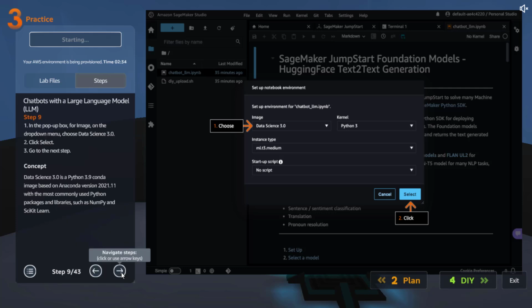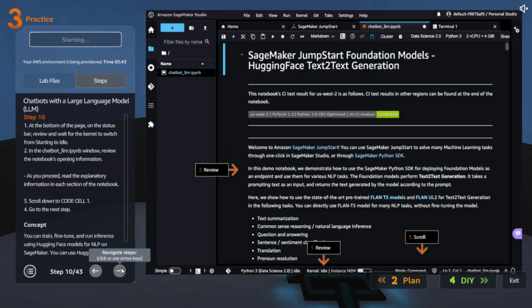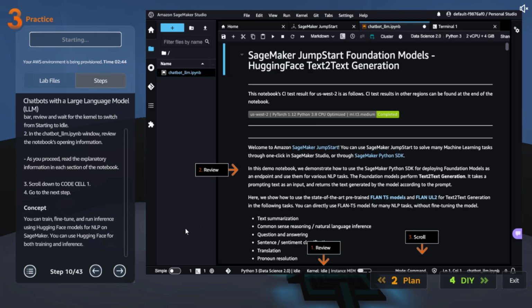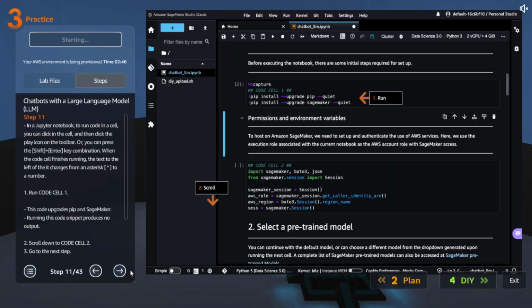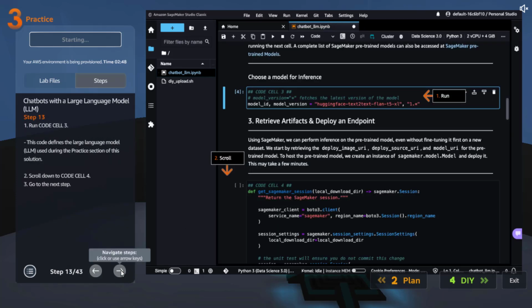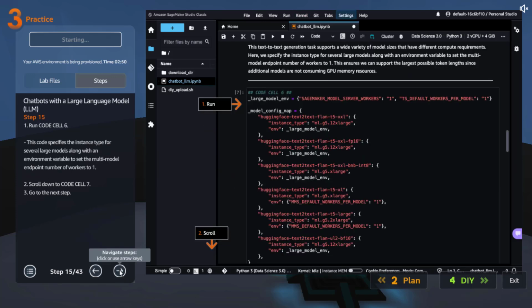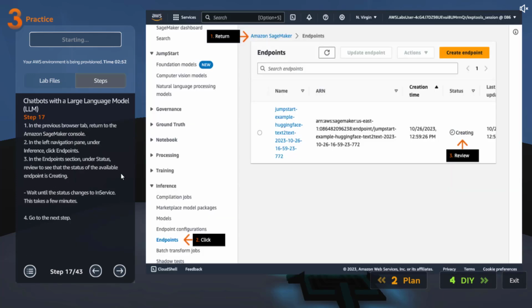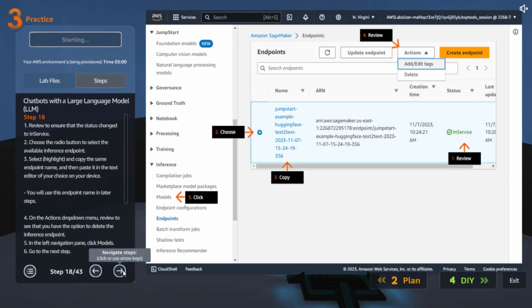Then let's click next. And we are going to open the notebook called Chatbot LLM. And we are going to spin up a T3 medium. I guess that should be fine. And then we will follow the steps in the notebook that are listed. Let's click next, next, and once that is done, we can go to the SageMaker endpoints and see the endpoint is getting created. We already checked this out, so we don't have to.